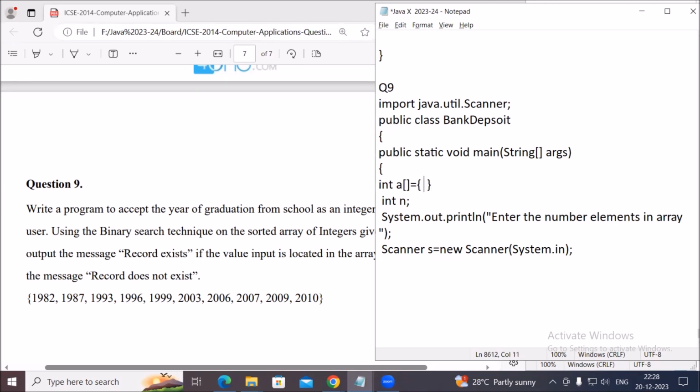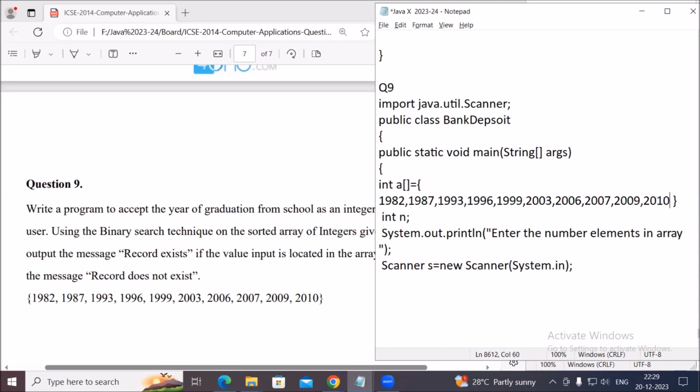The years are 1982, 1987, 1993, 1996, 1999, 2003, 2006, 2007, 2009,